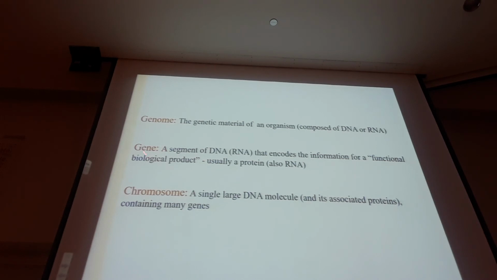So the total genetic material that we find in an organism, then we can refer to as a genome. Okay? And it's again either composed of DNA or RNA. I mentioned before that the DNA then comes in the form of chromosomes. And chromosomes, that's something that I really at one point had to comprehend, because I